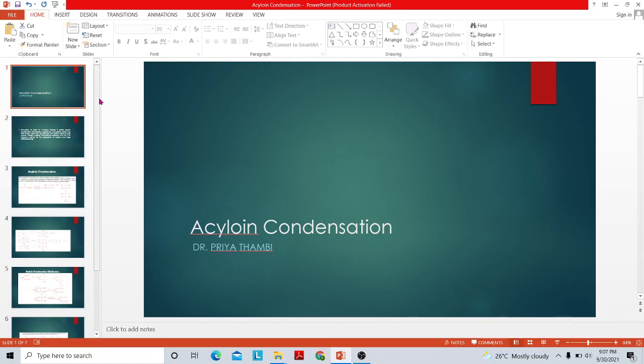That's all about the acyloin condensation. So in short, acyloin condensation is the conversion of esters to alpha hydroxy ketone. Alpha hydroxy ketones are called acyloins, and this reaction is carried out in the presence of sodium metal, using inert solvents like toluene or xylene, and the product formed is called an alpha hydroxy ketone. For obtaining large ring compounds, this method can be adopted as an application, and cyclic acyloins will be formed.